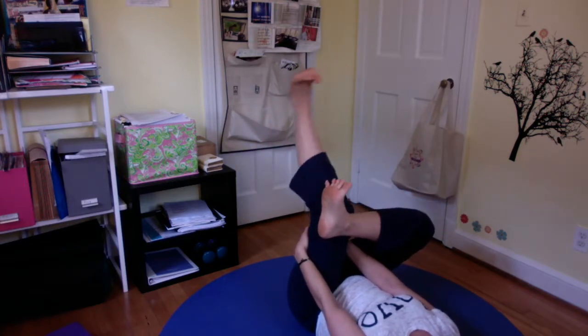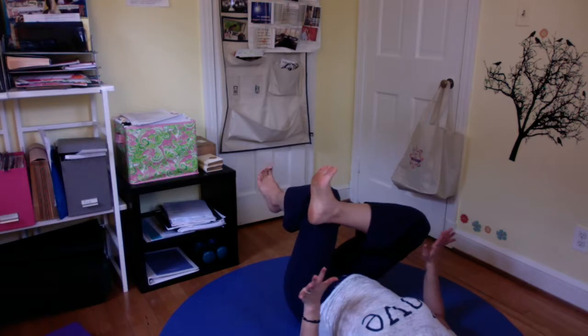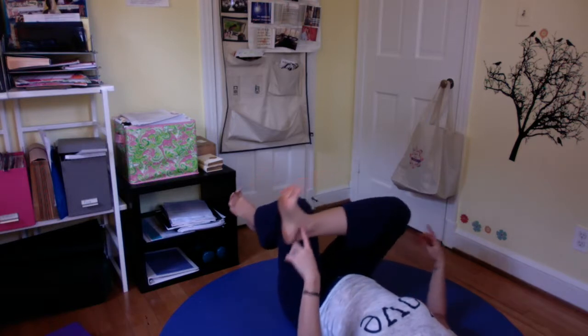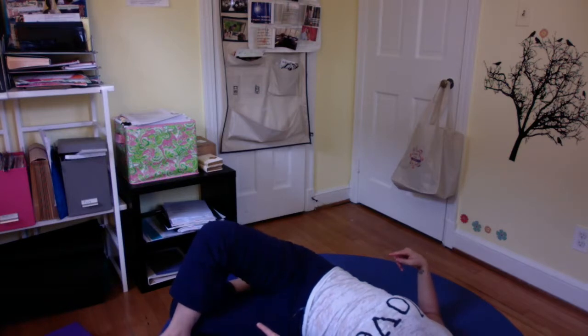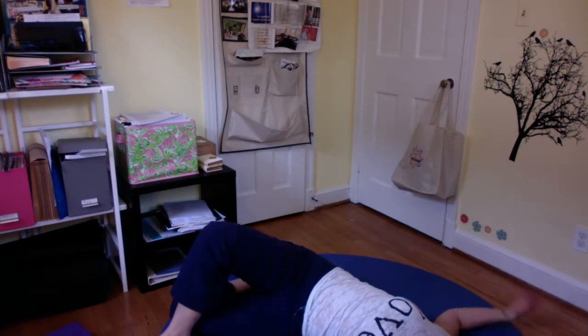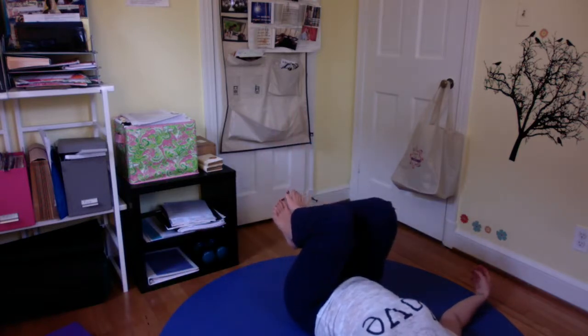That's one version. And then I can also come over onto one side. So notice that my feet are not doing anything. I haven't moved the positioning. I'm just leaning them over, taking a twisted pigeon here. Okay, and arms can come up or out. All right, and then coming back up. Okay, so once you've done that, had a little bit of playtime on your back and your spine is happy,